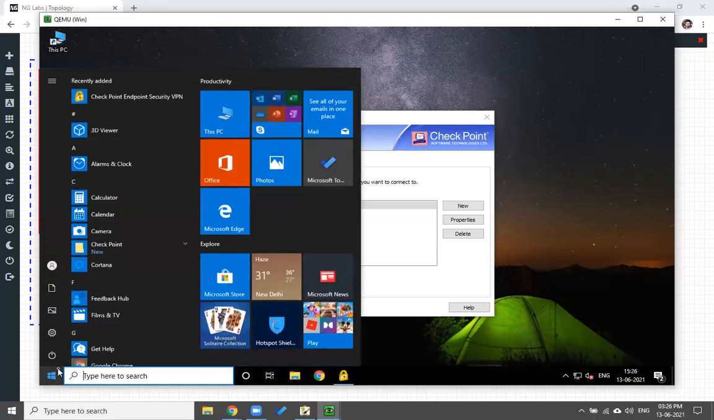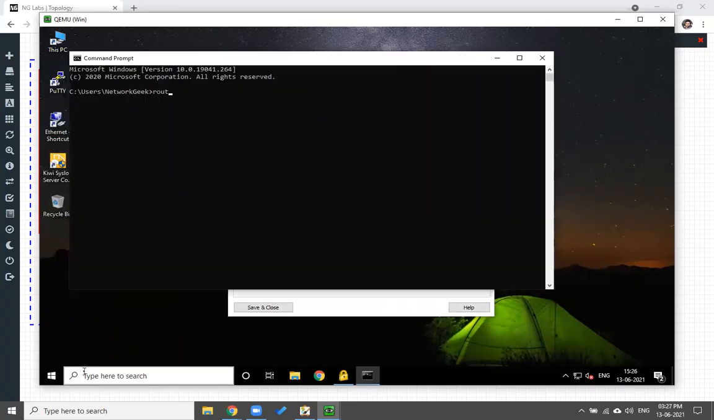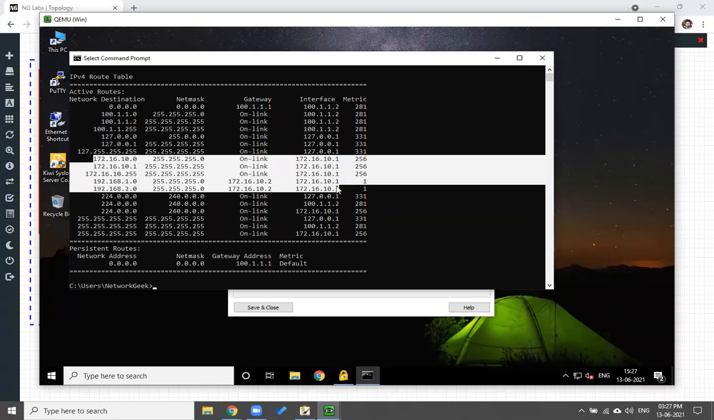Let me try now. CMD, route print -4. Okay, now you can see only for the destination 192.168. See, can you see, guys, what is the interface? The interface 10.1, 172.16.10.1. These are the traffics that will go inside the tunnel, which means, if I highlight this, these are the only traffics, which means all the 172.16 network will go,